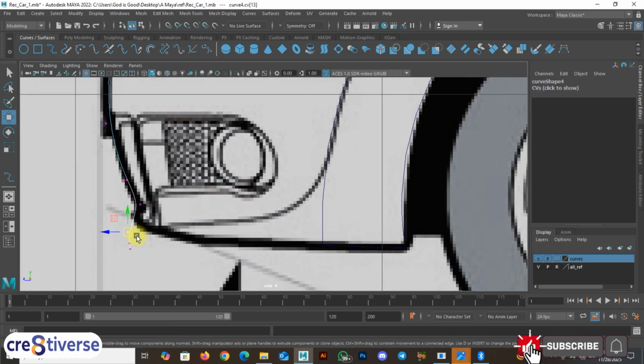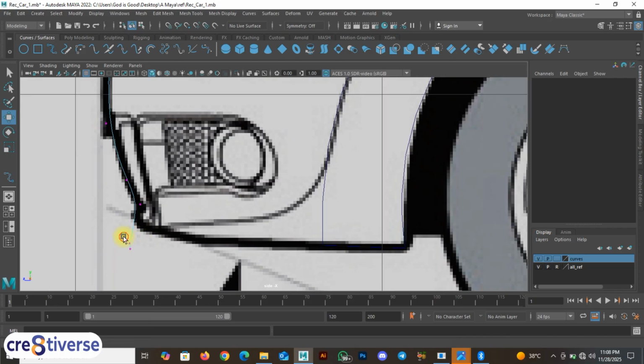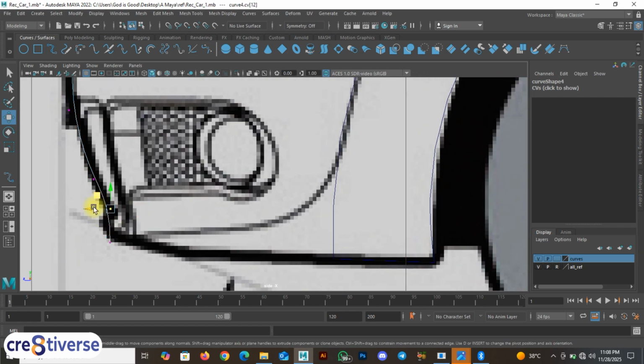Do I need this? I don't think so. I don't need it anymore. Do I need this? Delete it. I don't need it, so I'll just move this only. Move it here, and just correct it. Then what I'll do next is